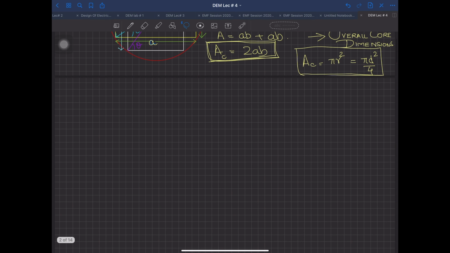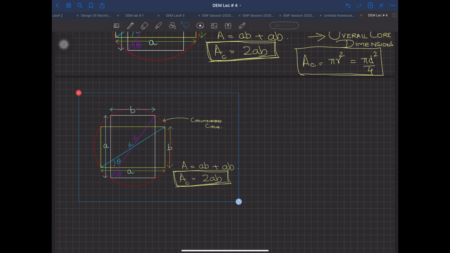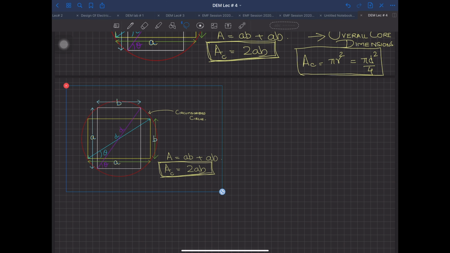I'm just going to take this on this page. So okay, and I have my AC, this one I have to just correct it a little for the, so this is my A core is equal to 2AB, and A circle is equal to pi d